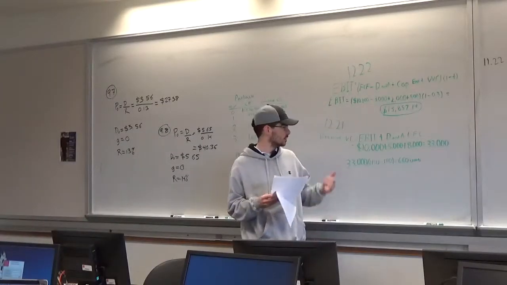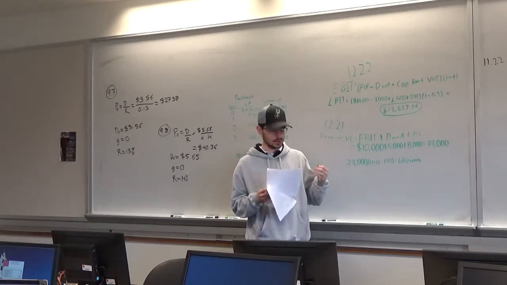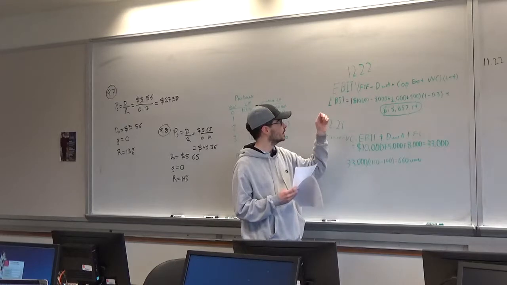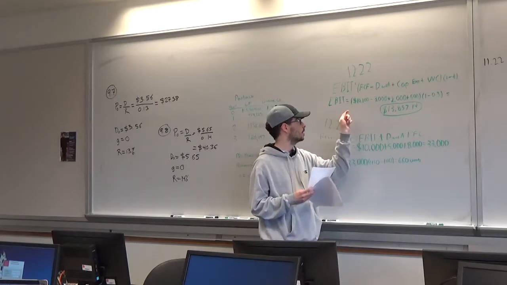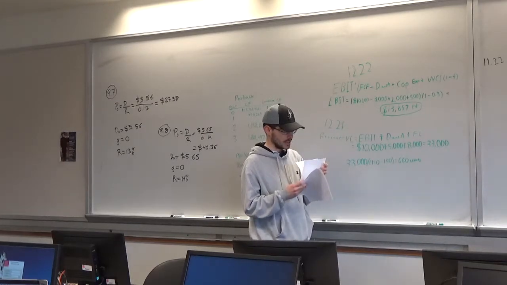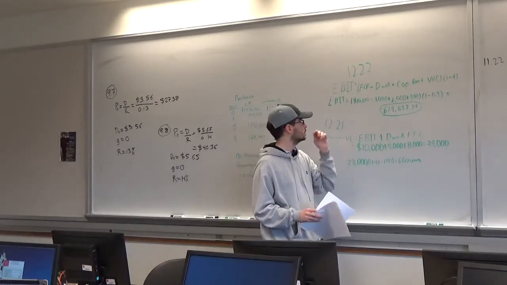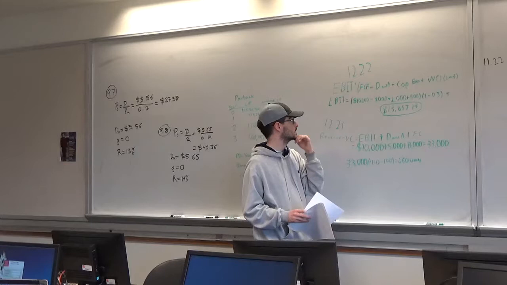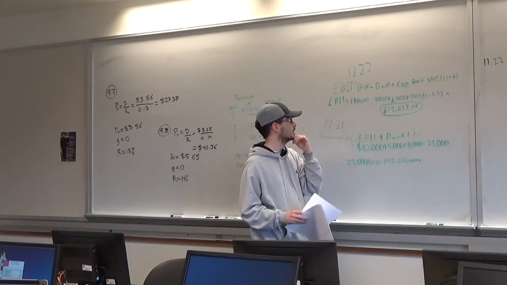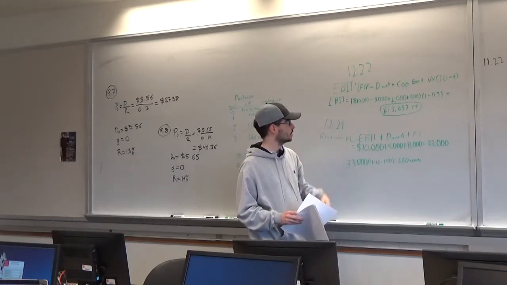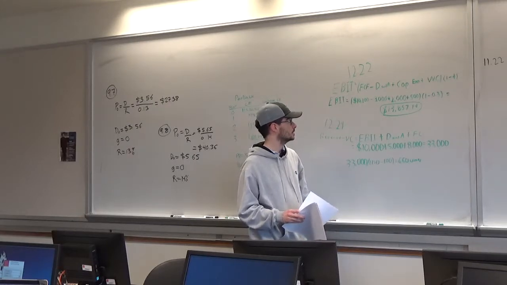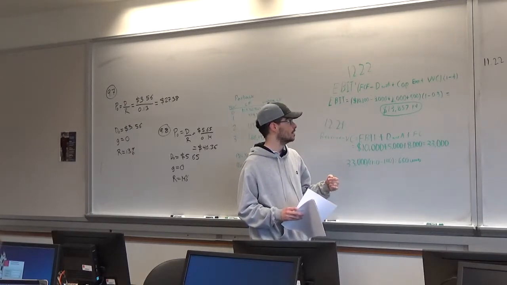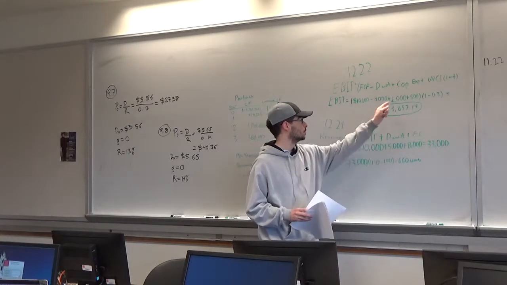My two problems are very similar as well, 12.22 and 12.24. They both involve using the EBIT to get the break-even point. They give you future cash flows of $10,200 and a marginal tax rate of 30%. You take the 10,000 in free cash flows, subtract the depreciation and amortization costs, which was 3,000, then add the capital expenditures, which is 2,000, and the working capital, which they also give as 500. Then you take the marginal tax rate of 30%, subtract it from 1, and multiply the two together